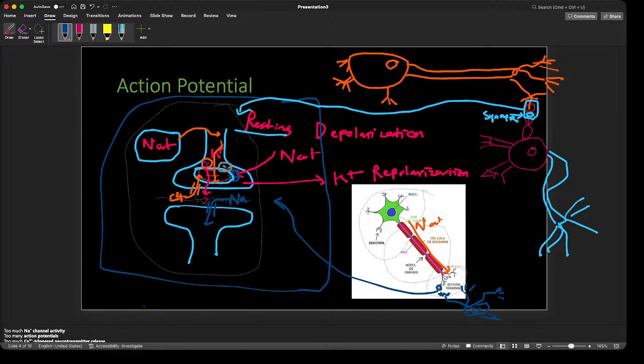So technically, when there is too much sodium channel activity, too many action potentials, too much calcium-triggered neurotransmitter release, okay, and too much excitatory signaling, like we talked about with glutamate, and many neurons fire together like this, that's how a seizure is going to develop. And so this right here is going to help you out on this entire section on seizures.